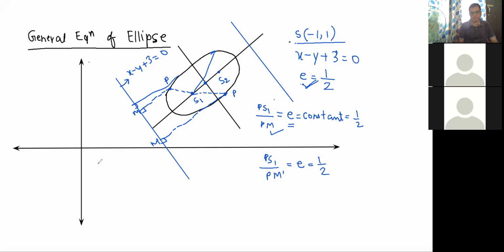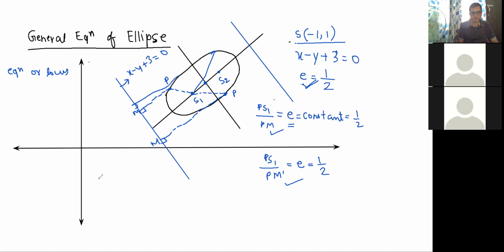So how do you find the equation? I have already explained to you before also. Equation or locus, they are the same thing. Either it is asked to find the locus or it is asked to find the equation, they are the same thing. And what does it mean? It means the set of all the points which satisfy the given condition. So now we'll apply this condition to find the equation of this ellipse.